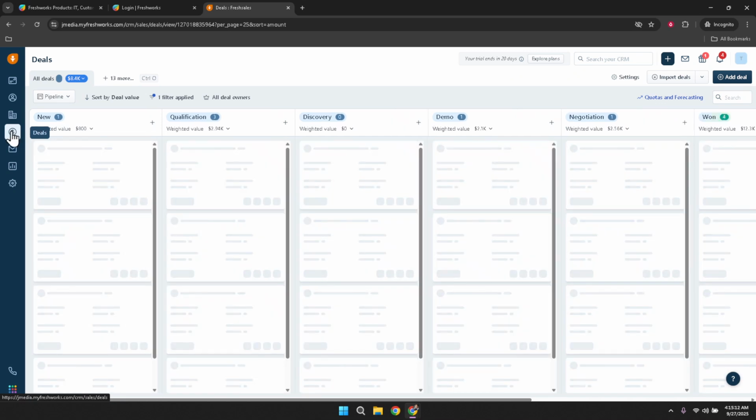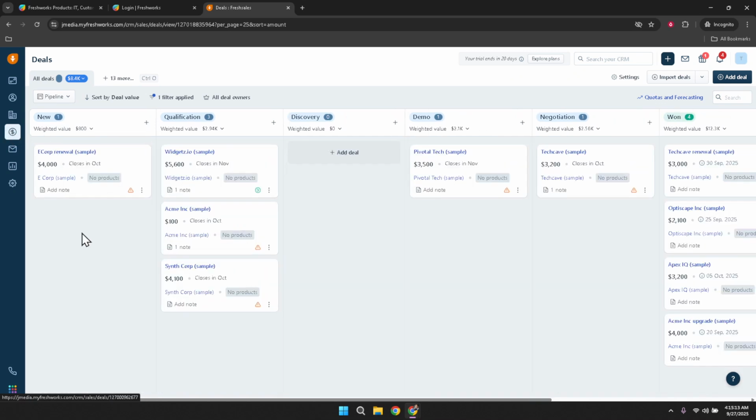Now that you're in the Deals section, it's time to zero in on the deals you want to view. To do this, locate the Filter option. Clicking on it will allow you to customize which deals are displayed, which is particularly useful if you have an